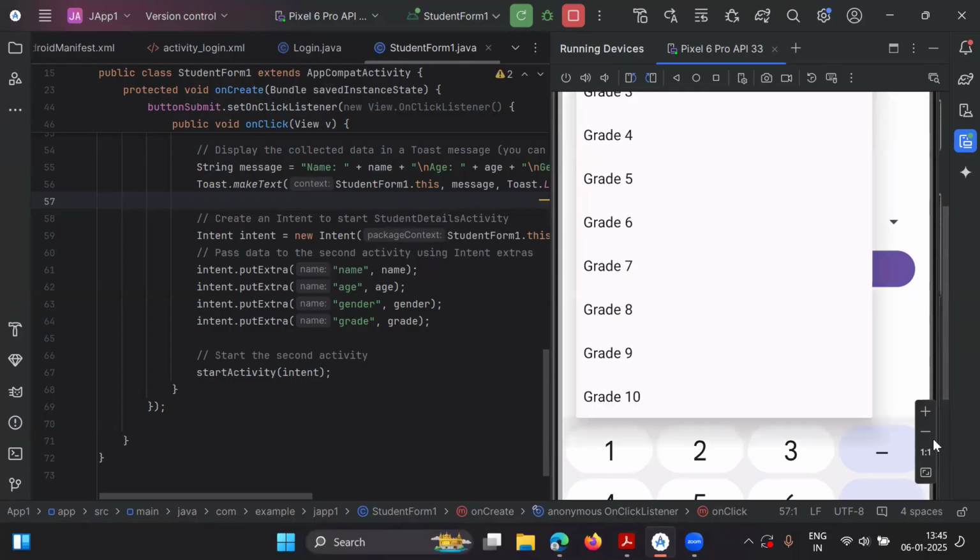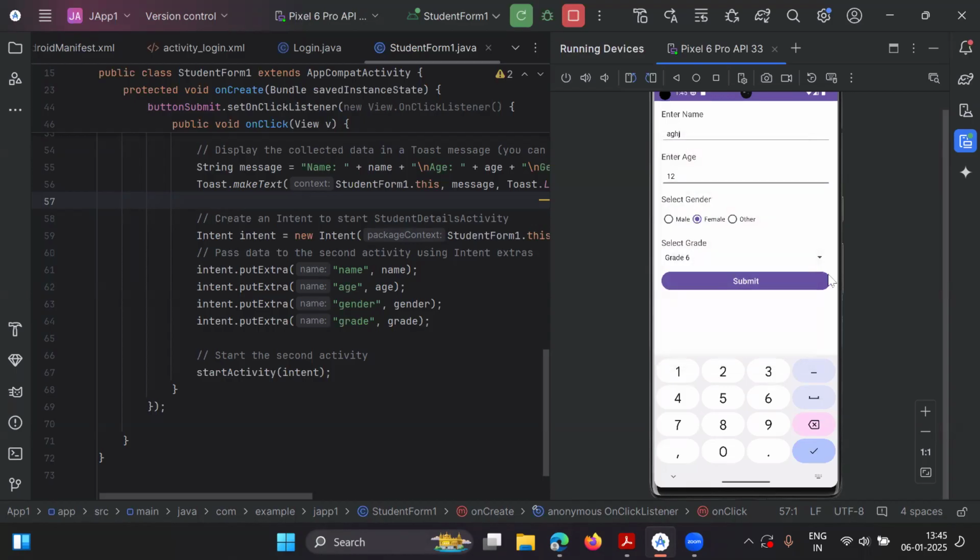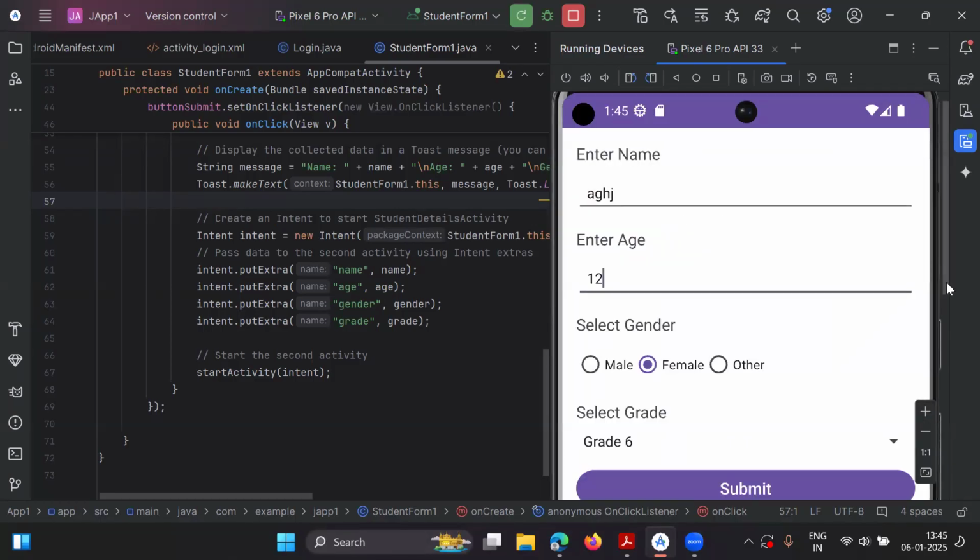So now you can see how the spinner looks. You can see the look and feel of the spinner. My data is being populated with the help of my string.xml file, which is there. So I click on, let's say, grade 6. I'll just hide this keypad over here. Now, as soon as I click on the submit button,